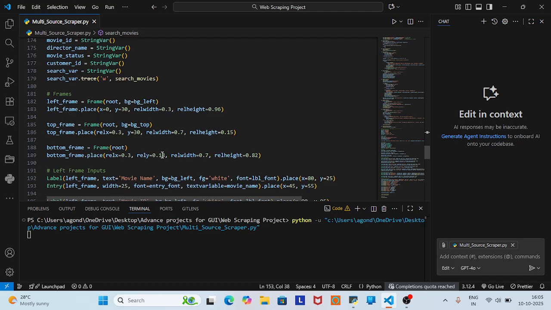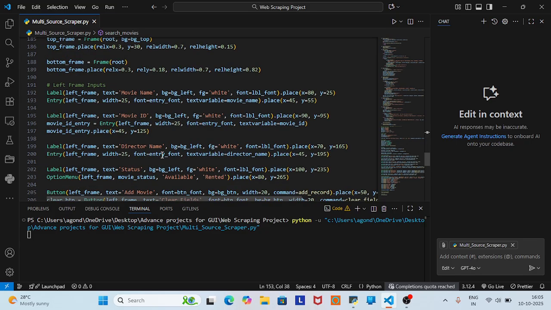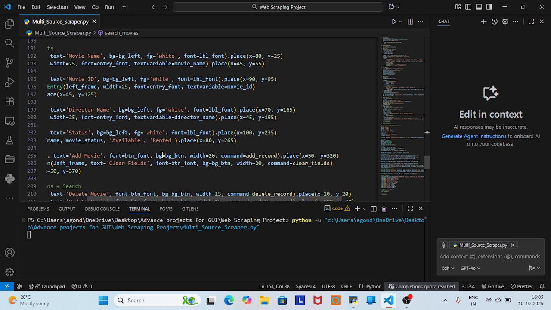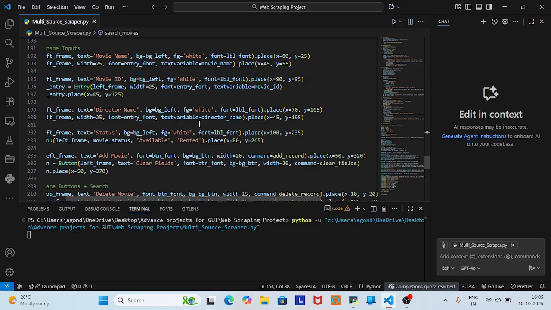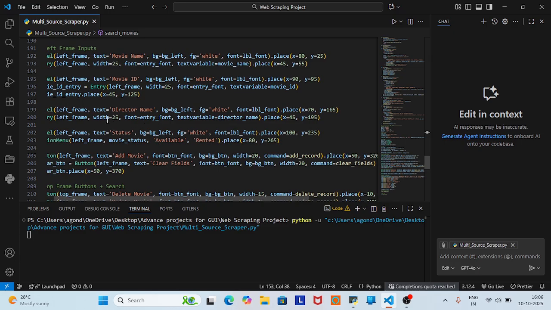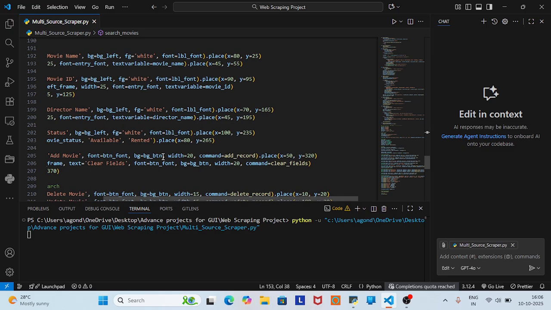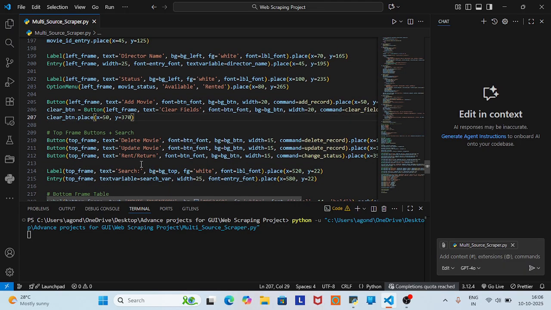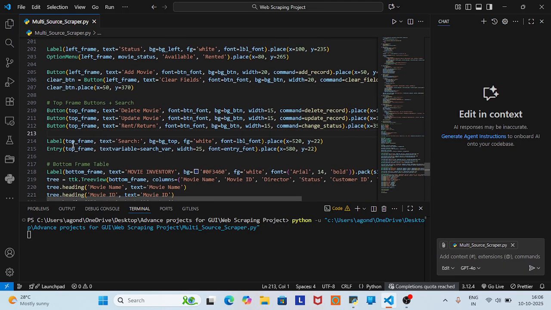Like you can see its frames, then its data, how it has been particularly defined, its own variables right here, director names, and particular font entries, entry font width as 25, font color, and in a similar way you can check out its positioning and how it has been done, and you can experiment on your own if you want. Okay,